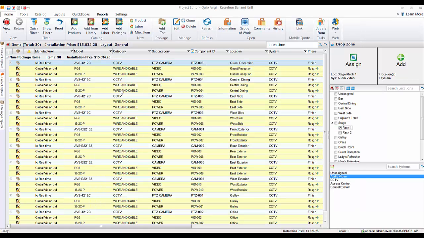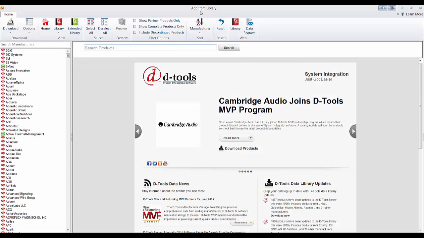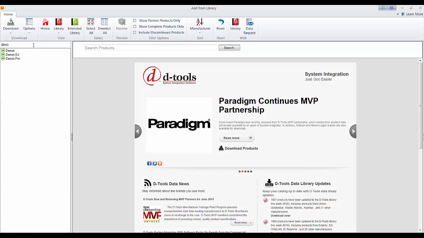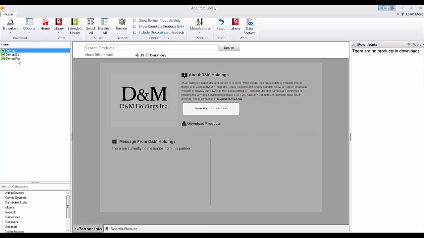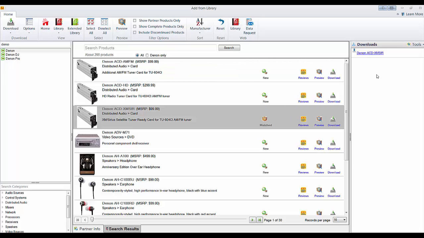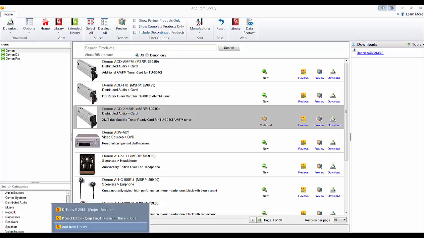And the next cool new feature that I will show you is this add from library button here in the catalog section of the ribbon. So when you click here, this will open up the DTools browser, or the add from library browser, but it's gonna let you search for products out here, and then you can pick something to add to a project. For example, let's do a quick search here and go to search results. I'm just going to randomly pick an item here that's in this list. If you go ahead and drag that over here, that will not only be downloaded to your catalog inside of SI 2015. When you go back to the project here,